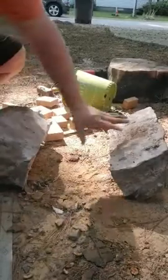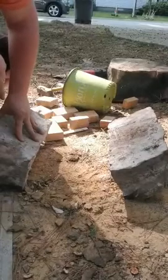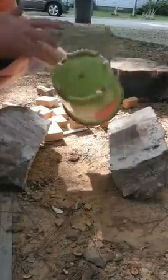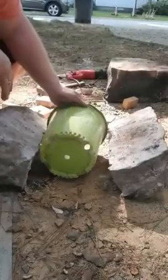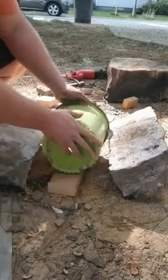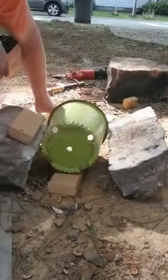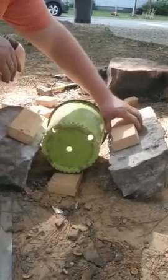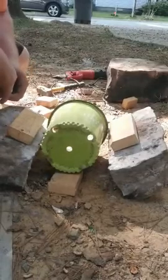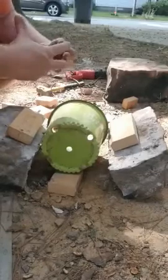Now you've already poured your concrete footings on either side, and you're ready to start building your blocks up across your bridge. So you take your form that you've made, I've included instructions in another segment, and you place it in between your two footings like this. Then you start to build your blocks up and around the top of this thing. If you can purchase some pavers from Lowe's, they come naturally angled,